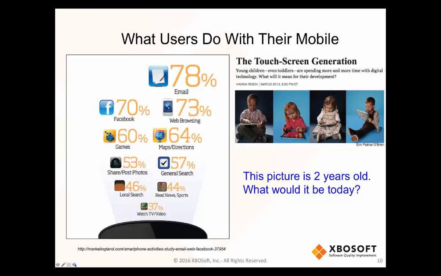Standard applications are not on here, and so I would bet that there are things on here that would be more prominent, such as Yelp, maybe a banking application, things like that,